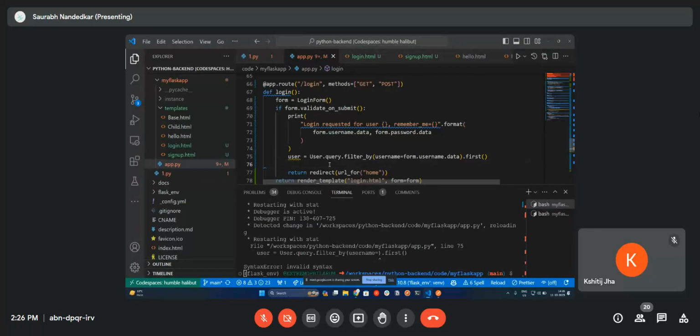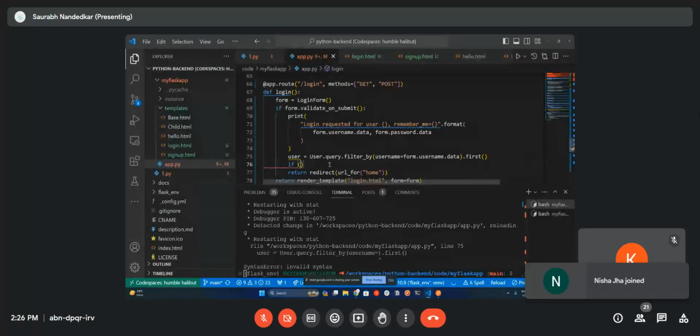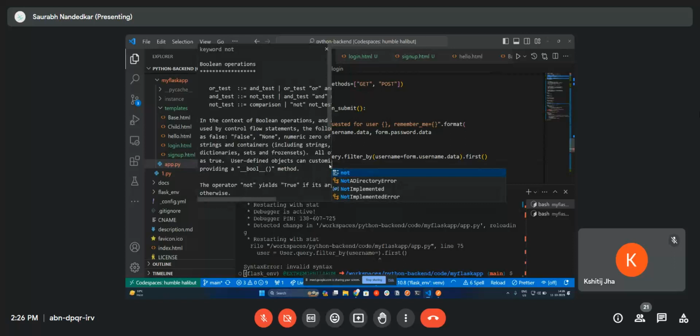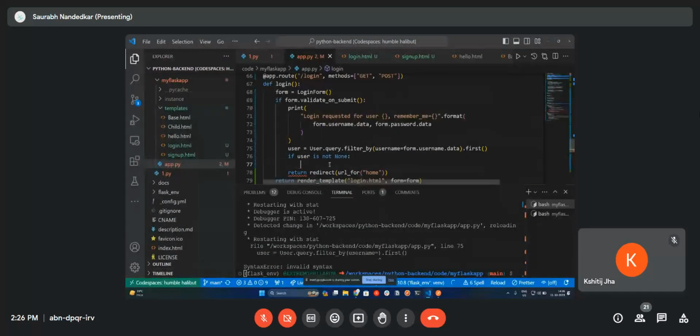If this does exist, if it has something inside it, then the user does exist. So what we'll do is we'll just write a simple if statement. If user is none, means if the user technically does exist, then